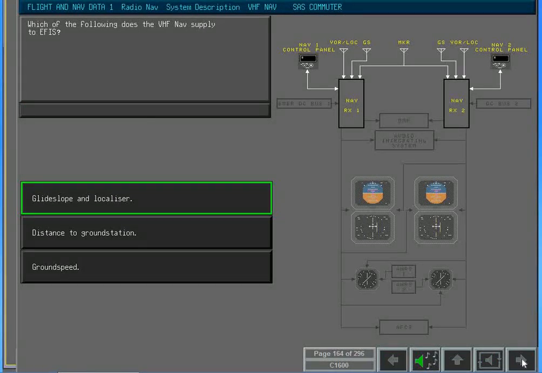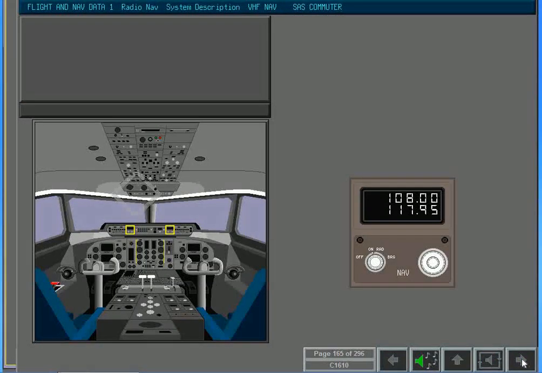That's right. The two VHF nav control panels are located on the glare shield. Each is supplied with radial or bearing information from its respective receiver. Each control panel has a frequency display. This has an upper and lower display field which shows tuned frequencies, radials, bearings or fail annunciations depending on the